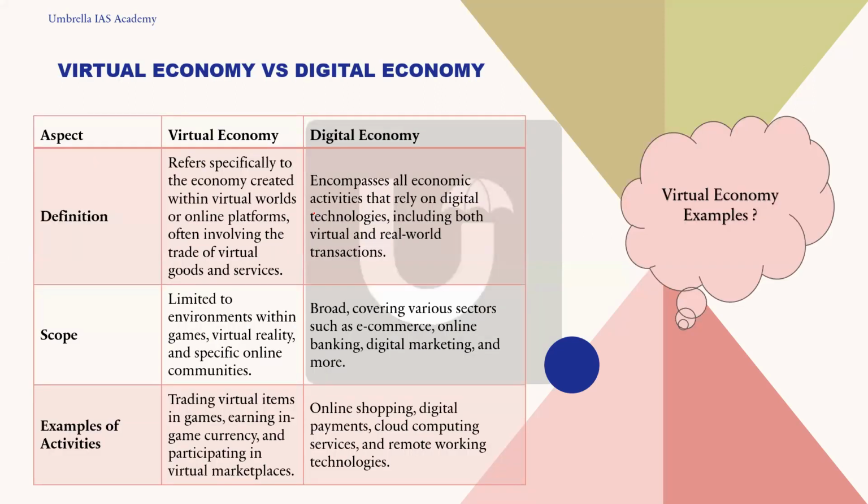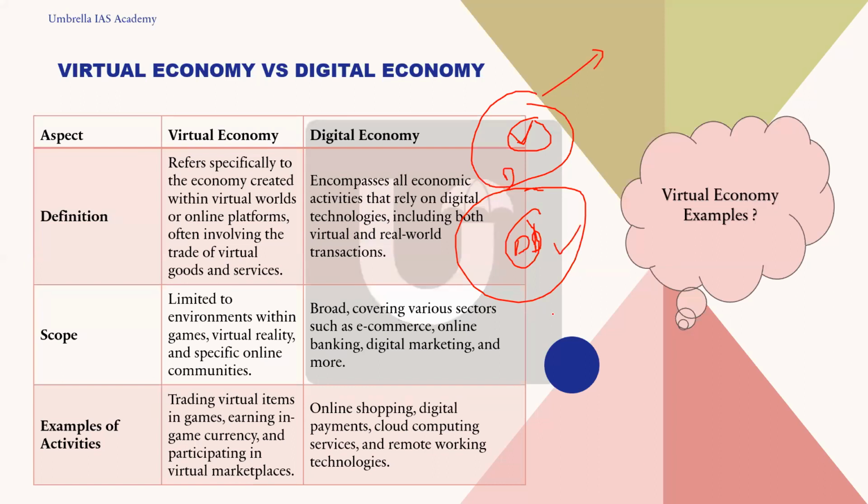Now, based on this, this review also is talking about something called virtual economy and digital economy. Again, there is some difference between virtual economy and digital economy as well. So if I draw a Venn diagram, can I say virtual economies completely can be understood under digital economy? Virtual, digital. Is this diagram right? Or you will say digital is small and virtual is large. Which diagram is right? One or two?